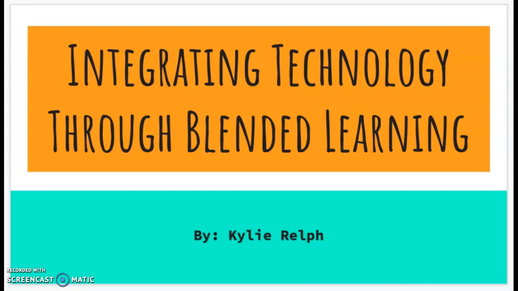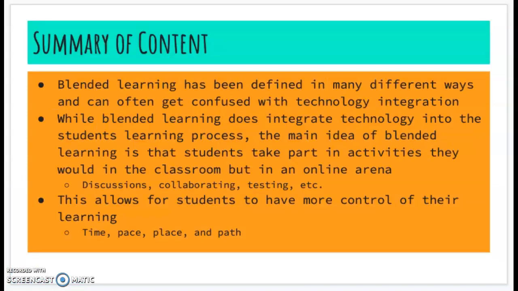Integrating technology through blended learning. We learned this week that blended learning has been defined in many different ways and can often get confused with technology integration. In my definition, while blended learning does integrate technology into the student's learning process in the classroom, the